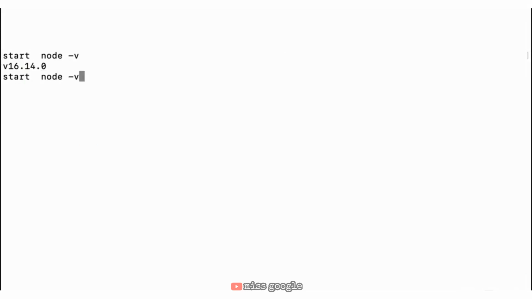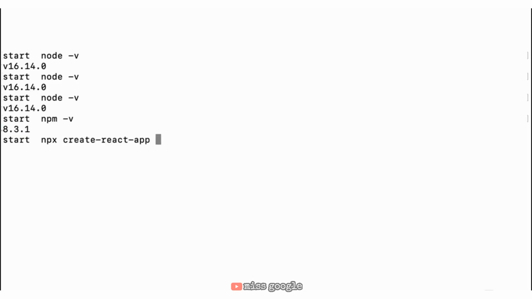Once you have Node installed, which you'll know by running node -v and seeing some sort of a version number, your version number doesn't have to be exactly what I have. We also want to check which version of npm we're using. So npm -v will let us know we're using version 8. As long as you see something higher than 5.2, you'll be able to do the next command, which is to run npx create-react-app